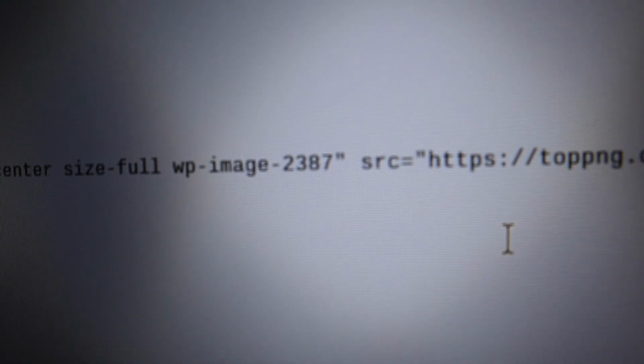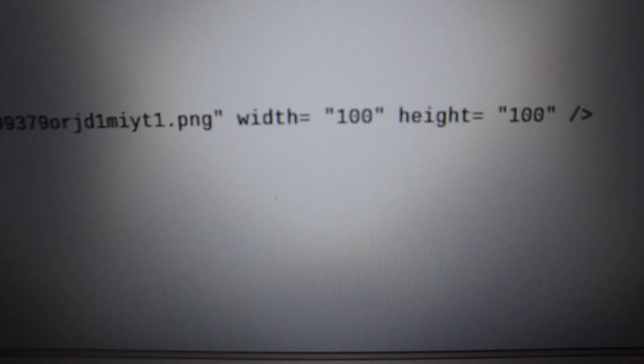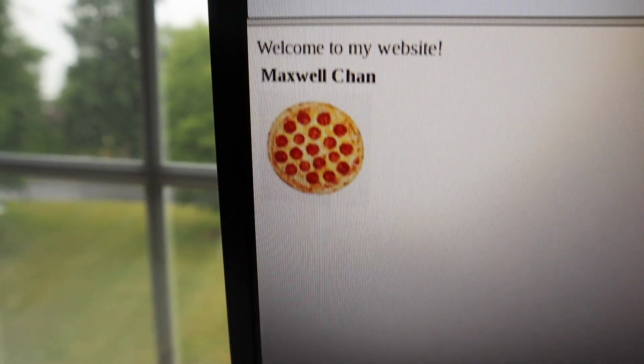So I copied this little bit from another site, and then I added a hyperlink of a pizza. The width is 100 pixels and the height is 100 also, and that is what it looks like. I can always adjust that. I'm starting to construct this on this website called